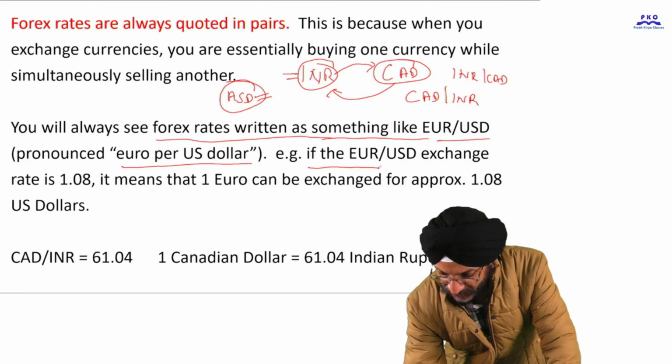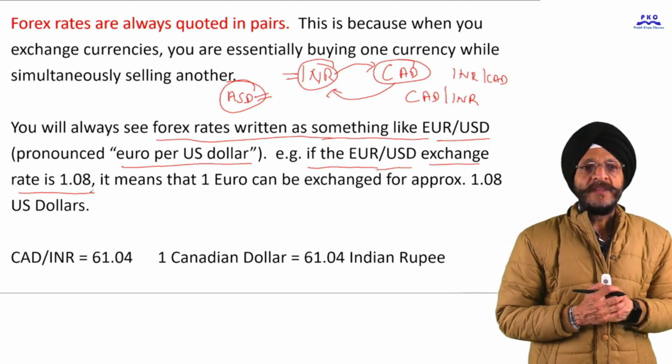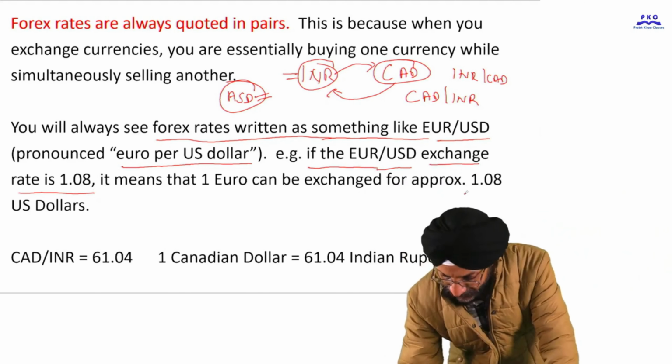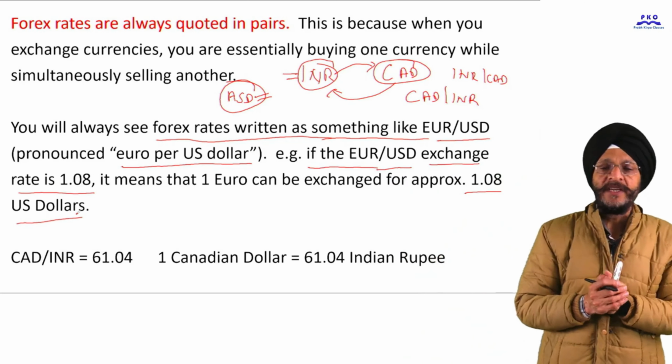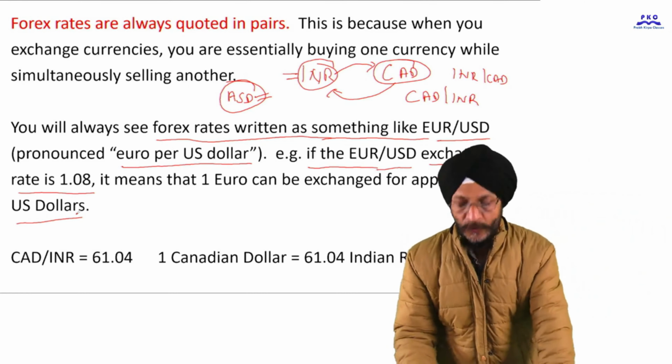So when it is written that the euro oblique USD exchange rate is 1.08, it means that 1 euro can be exchanged for approximately 1.08 US dollar. In the same way, if we want to purchase one Canadian dollar, we will have to pay